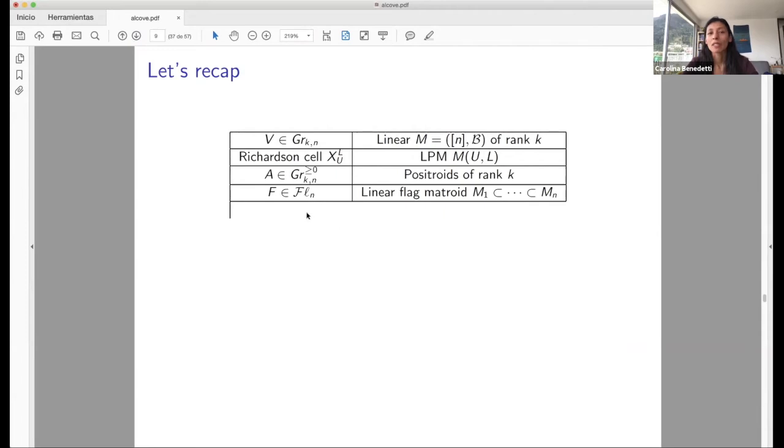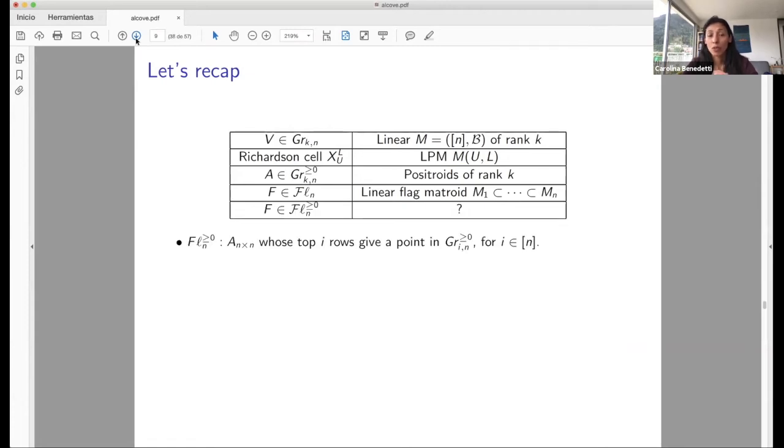Representable flag matrices give us, or can be thought of as, points in the flag variety. And now the first question is, what can we say about the non-negative flag variety? Just in the same way that we ask ourselves, what can we say about the totally non-negative Grassmannian? So you can think of the totally non-negative flag variety